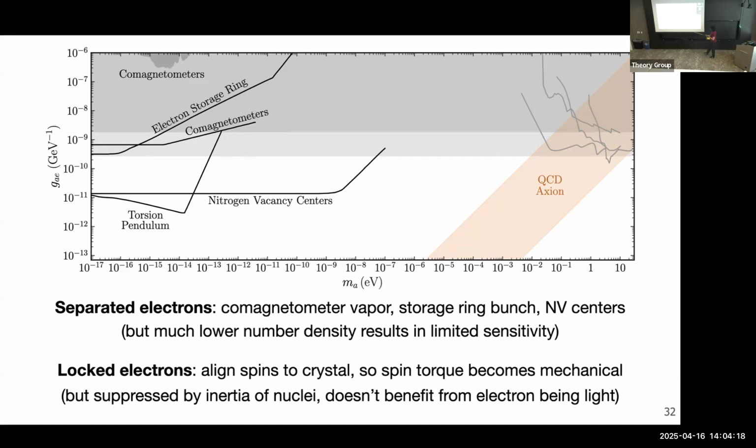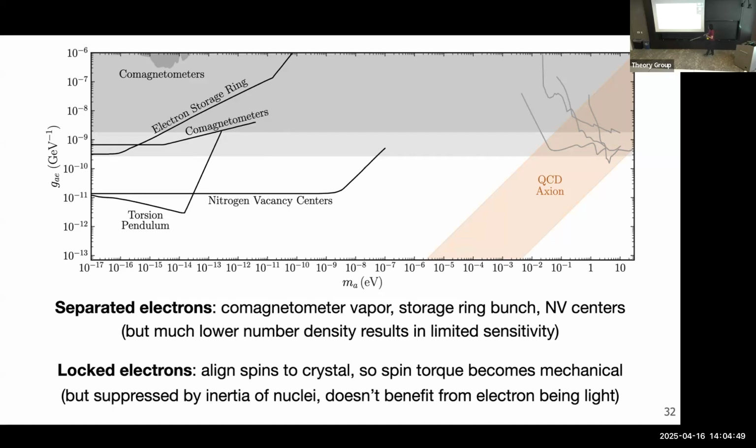Now, on the other hand, you can also have what I call locked electrons. And so here's the idea here, which is that in some ferromagnetic materials, the spin is not independent of the orientation of the crystal. It has to be aligned along one of the crystal axes. And so in those kinds of things, the spin direction is locked to the crystal direction. So if I apply a torque to the spins, the entire sample will actually rotate mechanically. And so that's what happens when people try to make torsion pendulums that are sensitive to this. It will create an actual torque on an actual piece of material, and then that thing can be resonantly amplified and read out very carefully mechanically.